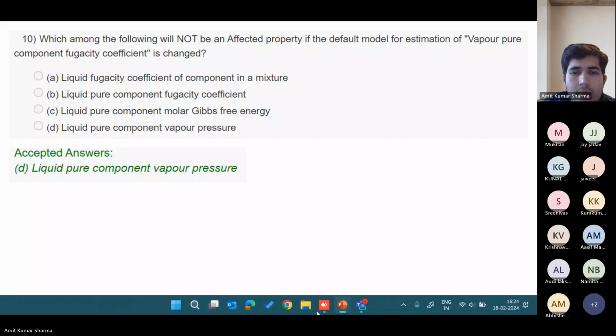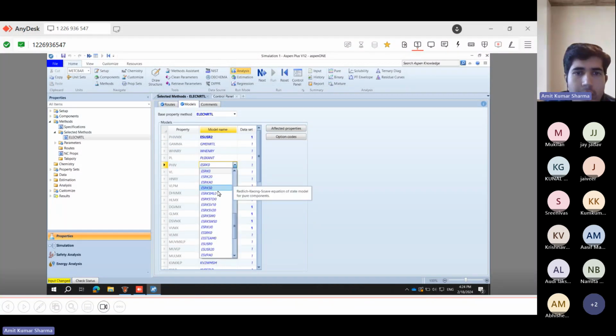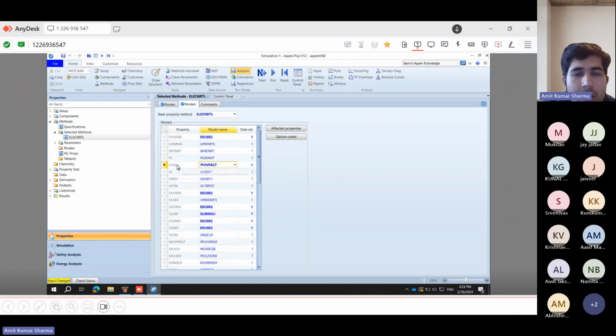Pure, not mixture. Okay, this PHIV, not MX. Just change it to any other model. The difference is that PHIV is the vapor pure component fugacity coefficient, and PHIVMX is the fugacity coefficient for a component in a mixture. So it's for a mixture actually. Initially I selected the wrong property and model, but we need to select this one.